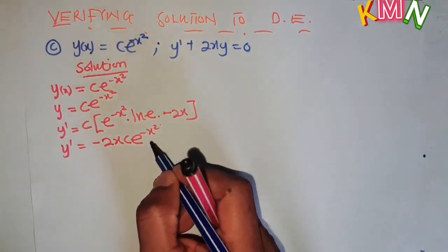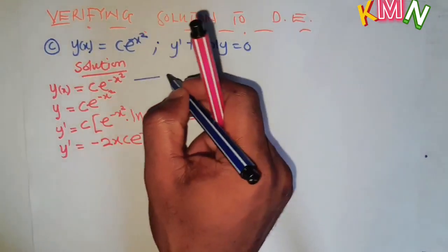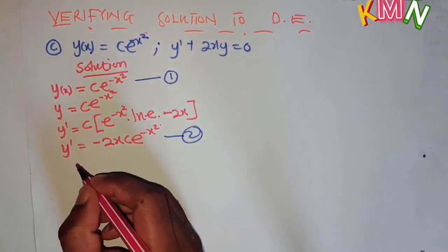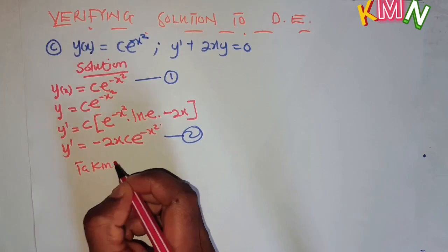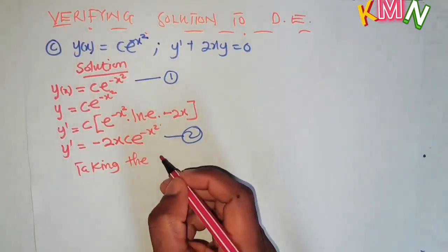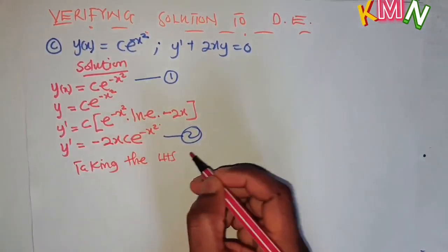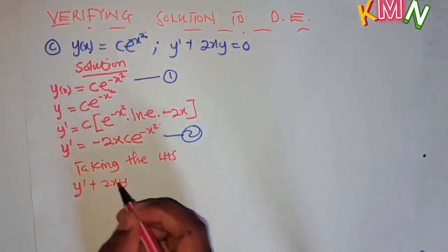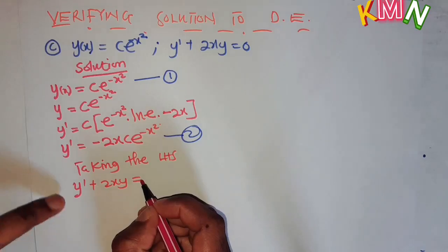So that's our y prime that we need to find. This is our equation 1, equation 2. Let's substitute. Taking the left hand side, we have y prime plus 2xy equals,